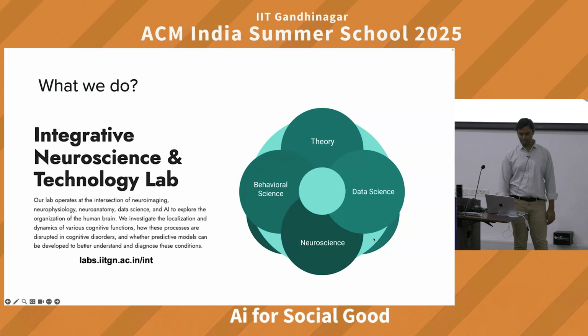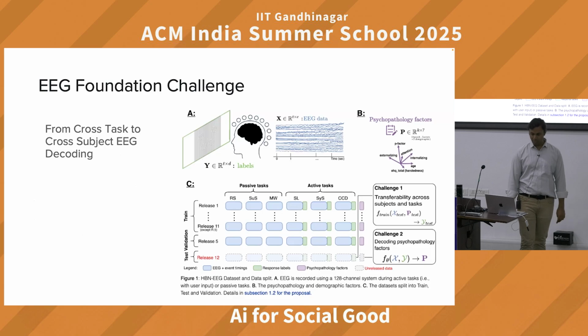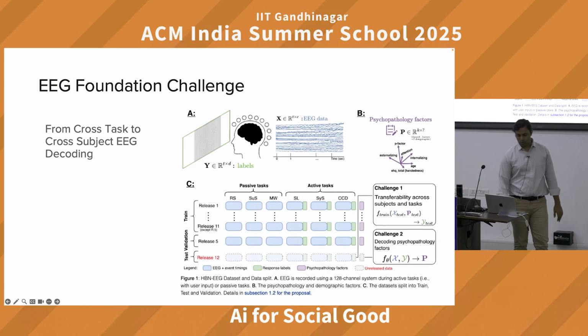Now, in case some of you are interested, there is this EEG Foundation Challenge, which is coming up. It's part of the NeurIPS workshop. And NeurIPS, how many of you know NeurIPS? Okay, one of the biggest conferences in machine learning, AI now. It was a conference for neuroscience. It became a conference for AI. Kya kar sakte hain? But it's a challenge there. And so they have a lot of EEG data and they want to do something similar to what we've done with fMRI. Make predictions using one data set, test it on another data set. Okay. So if any of you are interested in working or knowing more about this, want to have a fun jab at this, let me know. We can maybe do something.